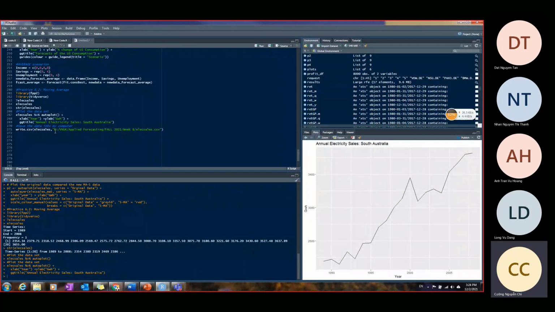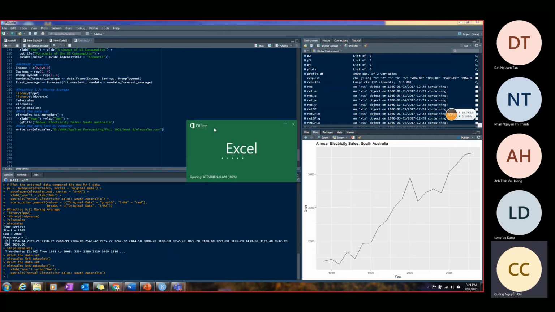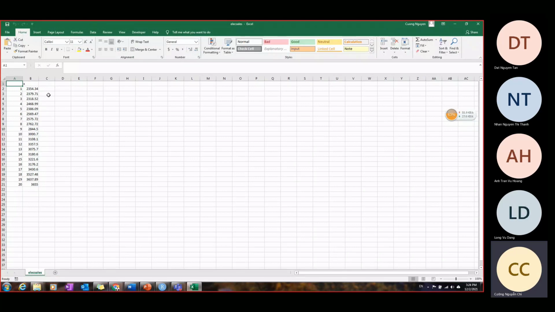So this is just the working directory, right? And then you save the data of the electric cells and execute it. Actually, I did it already and I have my data over here. Okay, so with this data, I want to create the MA